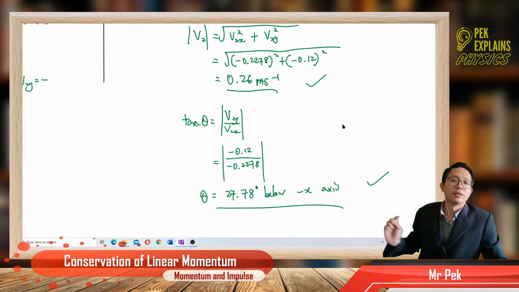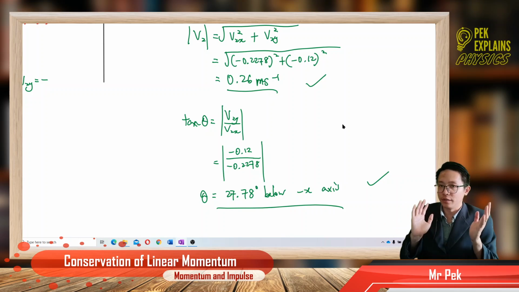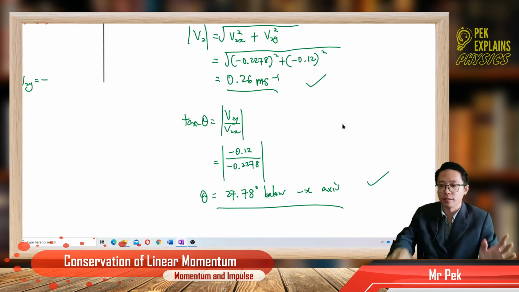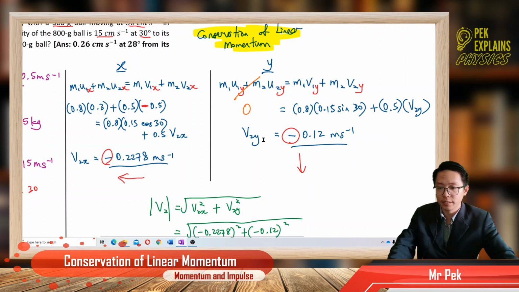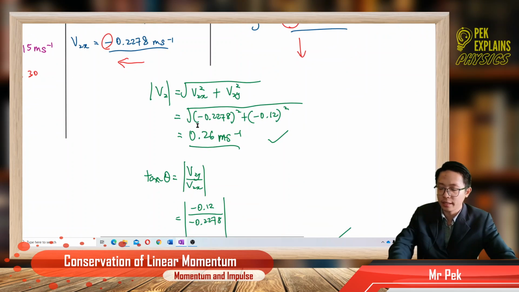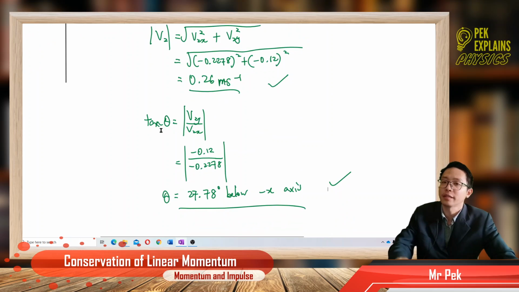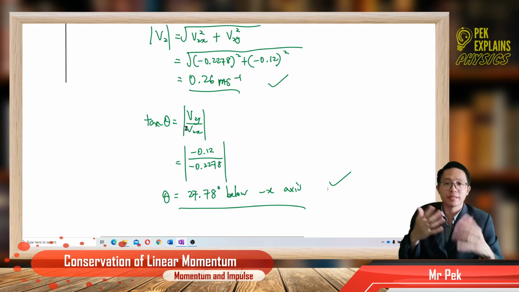All right, so that's it for the two-dimensional collision. We must always resolve into x and y components, and don't forget, if you have a negative sign, moving in the opposite direction, you must put negative. Then we resolve the vector with cos theta and sin theta, and then we combine again, find the magnitude using the Pythagoras theorem, and find the direction using tangent theta. So that's it for